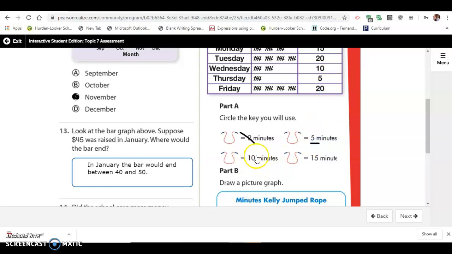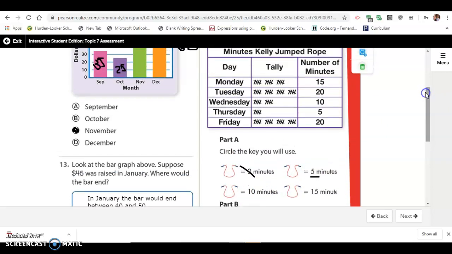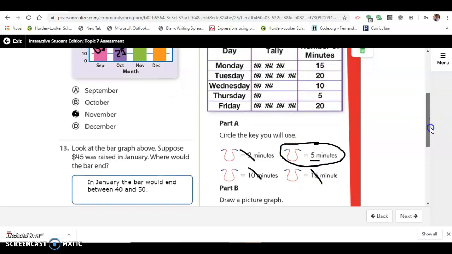Perfect. Can these numbers all be multiplied by 10s? So 10 times something gives me 15? No, can't use 10. What about multiples of 15? Well, 15 times 1 is 15, so that works. Now let's move to 20. 15 times anything 20? No, because if I count by 15s, I'm going from 15 to 30. I wouldn't say 20, so that doesn't work. So I'm going to circle this one as my key, and then I am going to fill in my jump